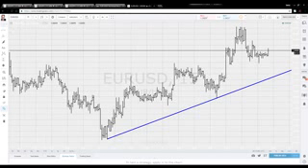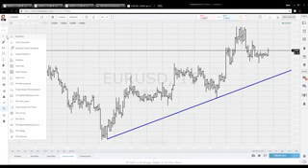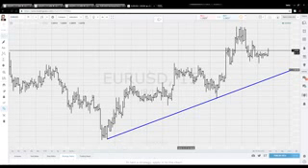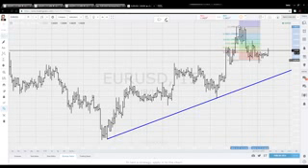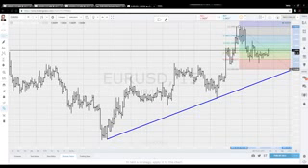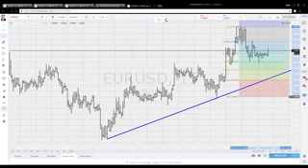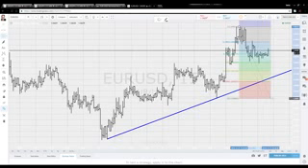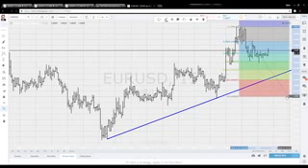So what we would do is, this is pretty easy for us. We go over here to the drawing apparatus. We're going to go down here to Fibonacci retracements, and we're going to pull it on here at the high and pull it down to the low of the sequence, and then pull it forward. Oops. So now we have